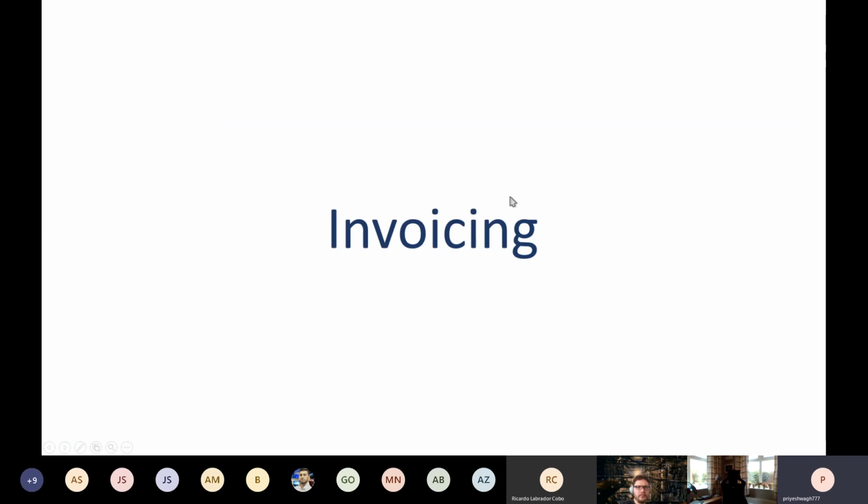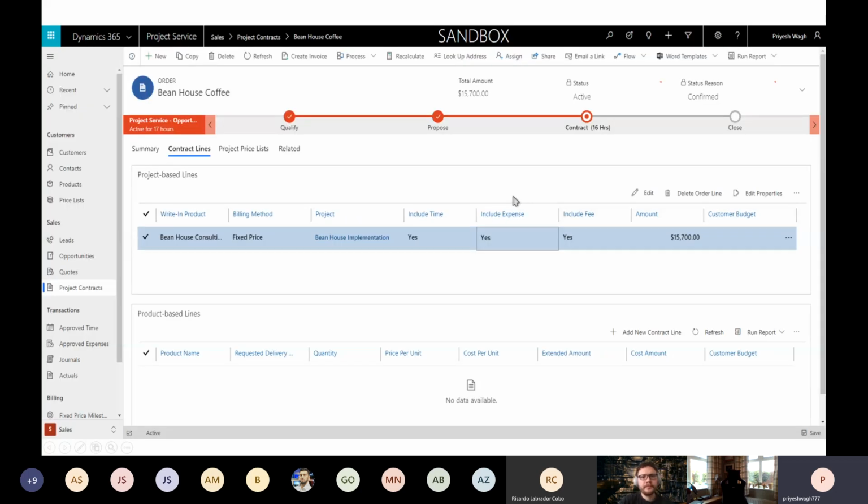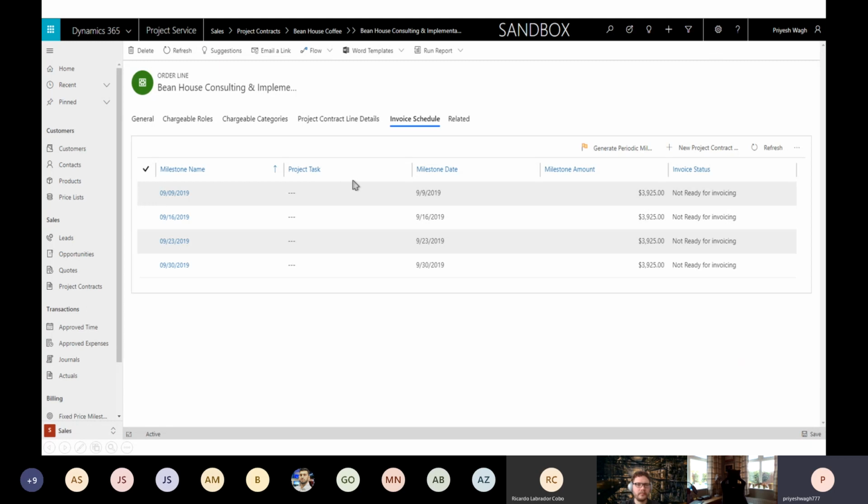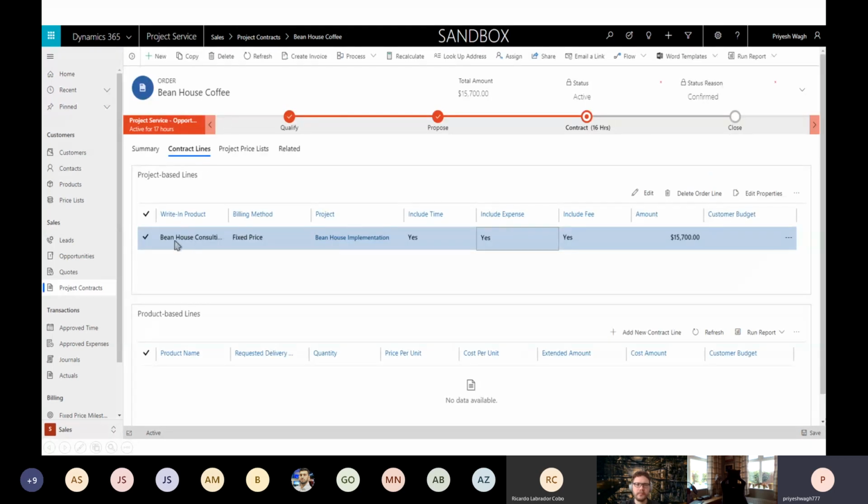Coming to the next part, which is invoicing. Remember, the quote line that we had designed was for $15,700. What happens is now you want to send out the invoices, right? So you are here on the order, but you haven't created any invoice yet. So what you do is, this is your project baselines. These project baselines come from the quote, and your next task is to open up the contract